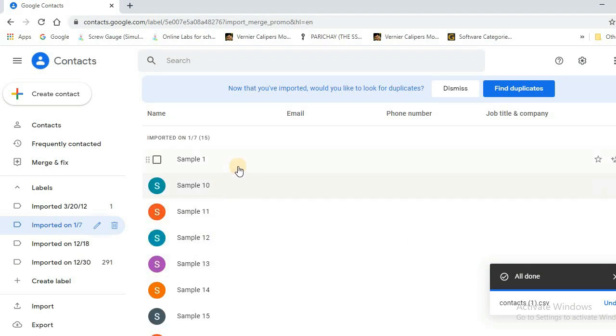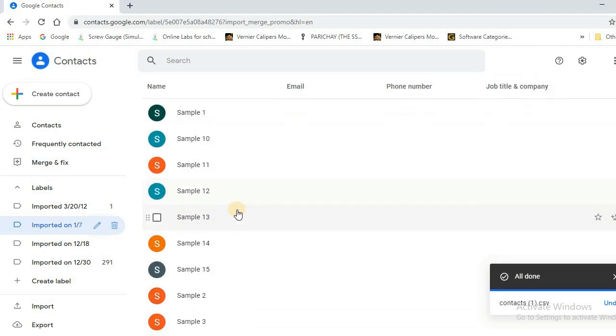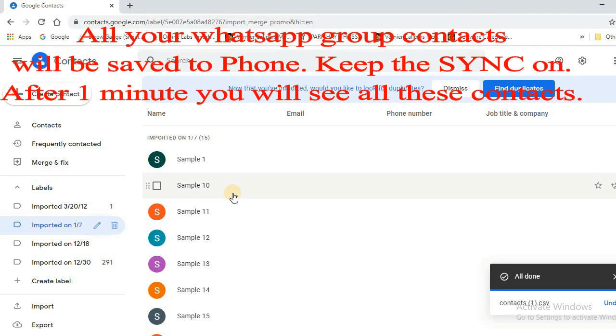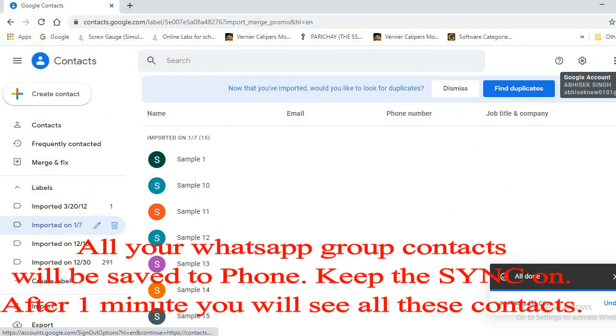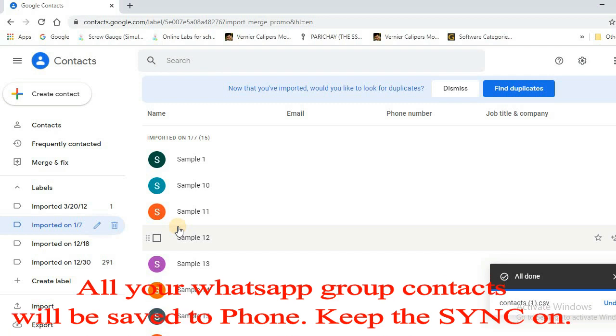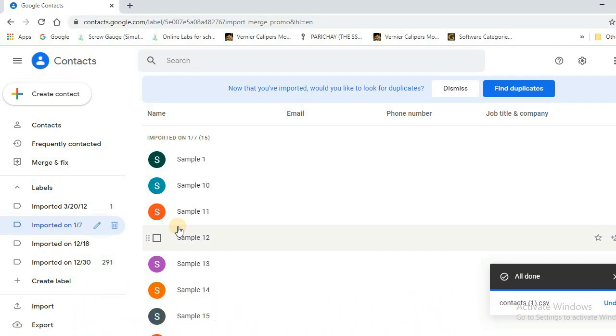In just a moment, all your WhatsApp group contacts will be saved in your Google Contacts. Now when you log into your phone with this Gmail ID, if you are not already logged in, and press sync, these all sample 1, sample 2, these all contacts will appear after some time.